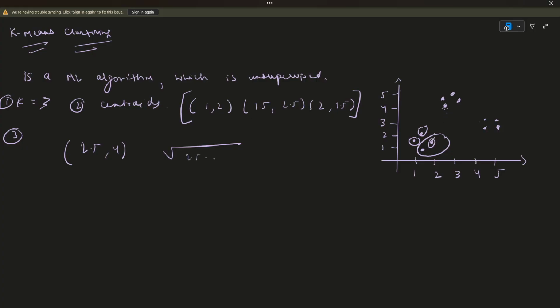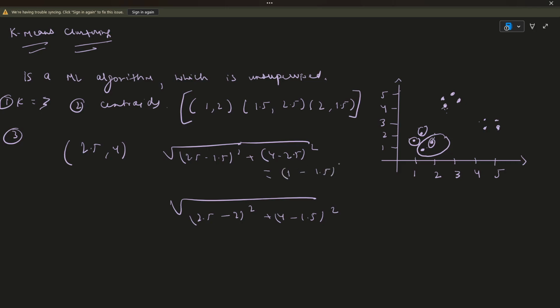So we'll take 2.5 minus 1.5 whole square plus 4 minus 2.5 whole square. Similarly, we will take 2.5 minus 2 whole square plus 4 minus 1.5 whole square. Now 2.5 minus 1.5 is 1, and 4 minus 2.5 is 1.5, right? And 1 square is 1, 1.5 square we just calculated, it is 2.25. So it's around 3.25. And 2.5 minus 2 is 0.5 whole square